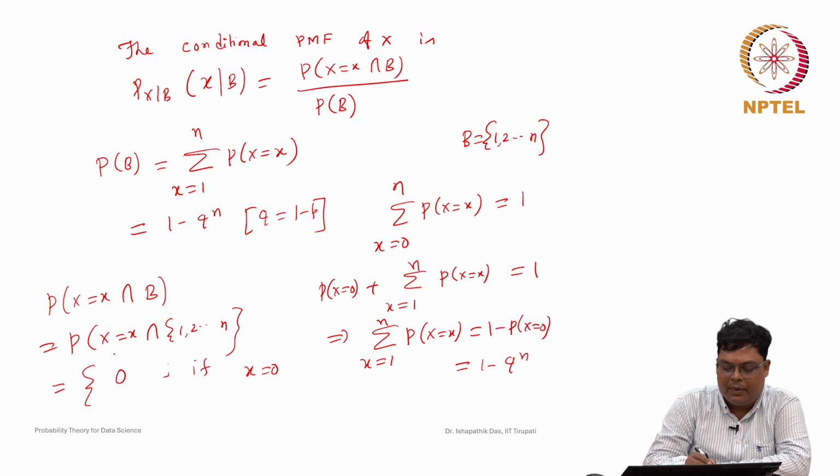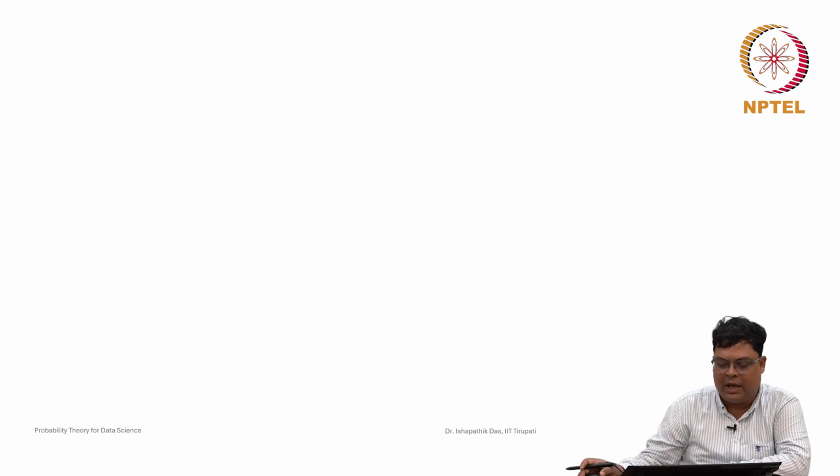Otherwise, what will be the probability? Suppose x is 1 or 2, anything. Then this event will be a subset of 1 to n, because 1 to n is a superset of this. So for any other value of x in 1 to n, this is nothing but the probability that x is equal to x, because it is a subset of this random variable. That probability of x equal to x we already know. Next page we write that. So, hence the probability that